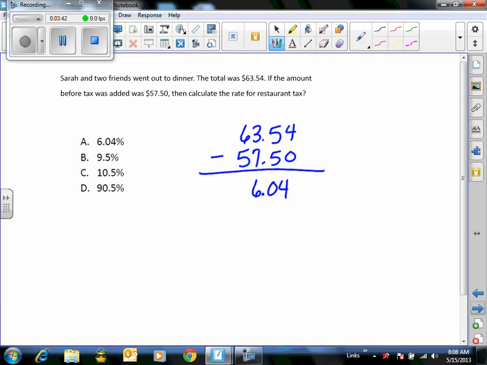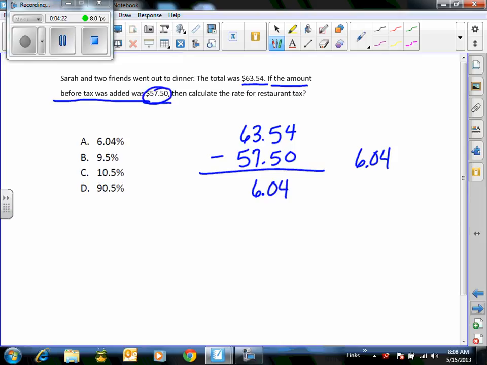$6.04. Even though you might be really good without using the calculator and you were able to figure it out, double check it on the calculator. That's kind of why they let us use the calculator on the entire test. Now, what I want to do with that $6.04 is I want to divide it by the original cost of the bill. Was the original cost $63.54 or $57.50? That's what I need to figure out. So I need to be able to read it. And if I look, it says, if the amount before tax was added, so the original price is going to